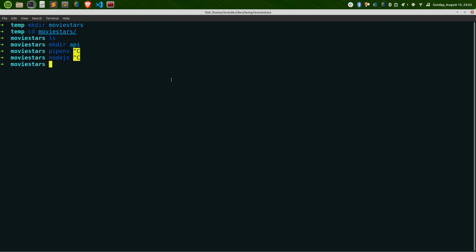Okay, so let's go into our Movie Stars folder. And here we have one folder called API. That's going to be our Python. And what we will do is we will use Vue to create, well, I guess let's go first to how do we install Vue. So Vue is a